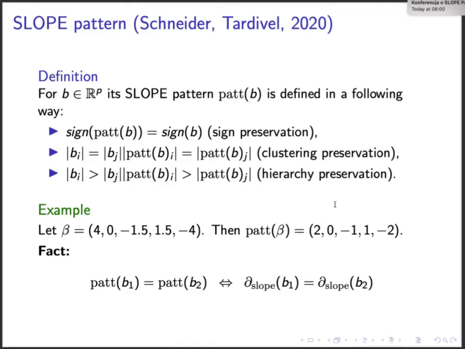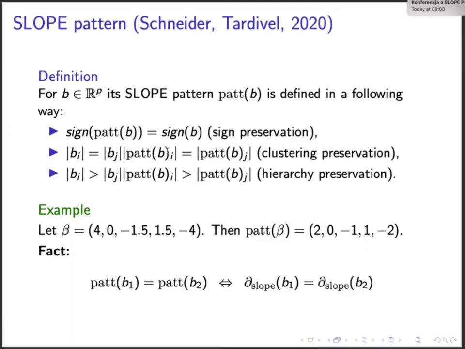Well, because according to the paper of Ulrike and Patrick, we want to do a dimensionality reduction, and the way in which we do this dimensionality reduction depends on the subdifferential of the norm which we are using. And the fact is that two vectors have the same pattern if the subdifferential of the slope norm is the same for these two vectors. So this specific pattern is actually defined by the slope subdifferential. This is why slope is specifically designed, let's say, to identify these types of patterns.